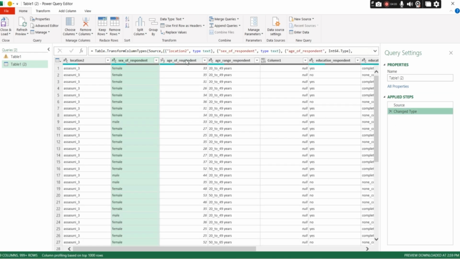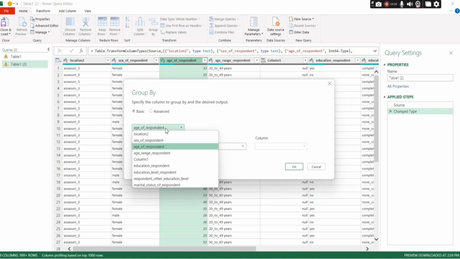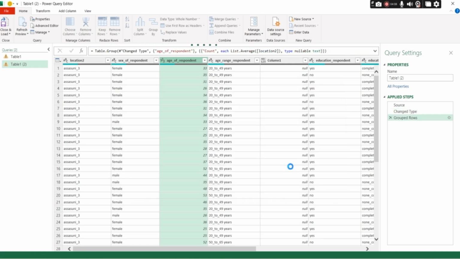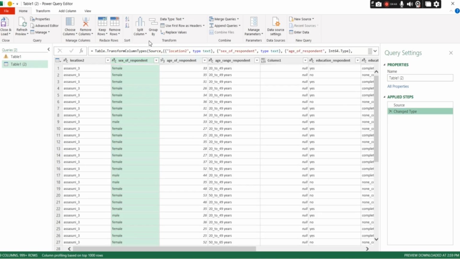Another option is age of the respondent. If we select this column and select group by, here I select age of the respondent, and I can see what is the average age of our respondents.